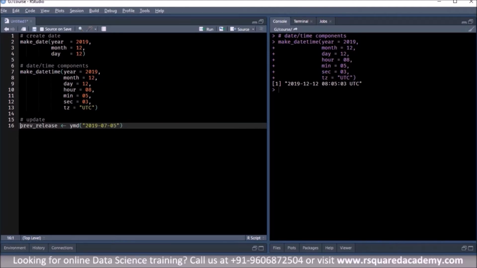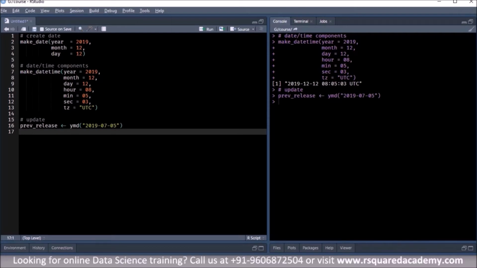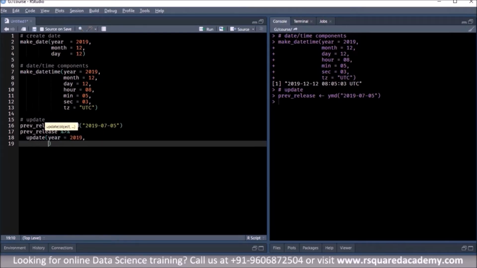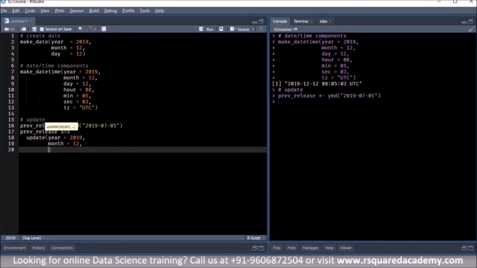And this we will update to the release date of R 3.6.2, which is the date we have been using so far. Now to do that, we'll use this date first, then use the update argument, and we will change the year to 2019, the month to 12, and the date to 12.